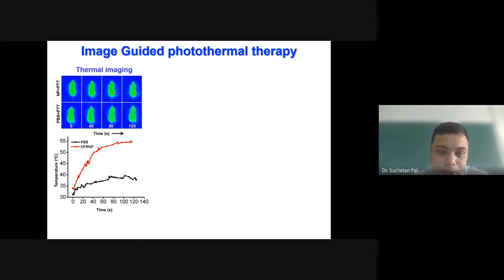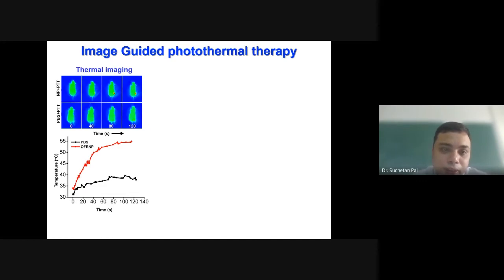What we see here, in the bottom row, is a mouse injected with phosphate buffer saline, which is just regular salt water. And the top mouse is injected with these nanoparticles, and we shine a NIR laser on the